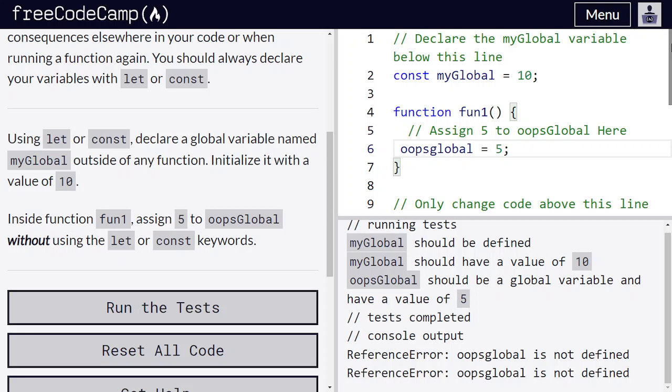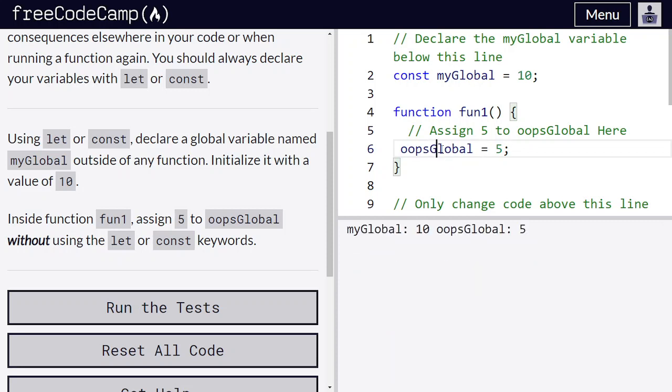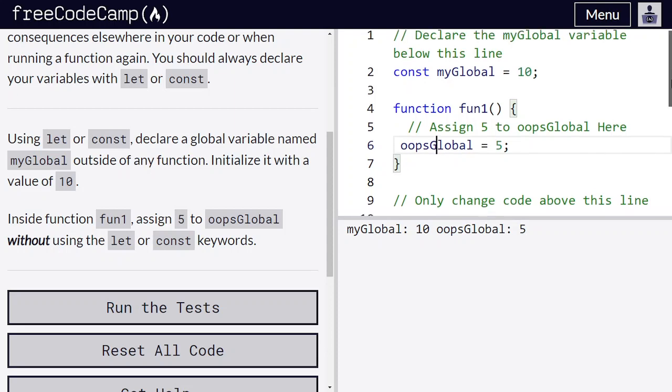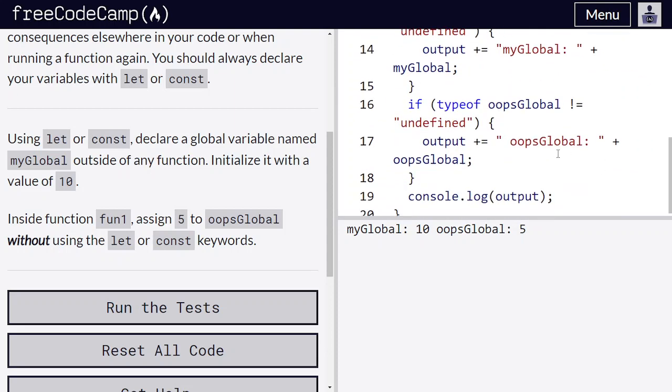Here we should actually put a capital Z. So we are getting both: 10 and oopsGlobal is equal to 5. That means that here this oopsGlobal is defined.